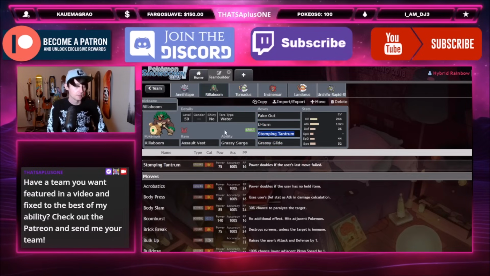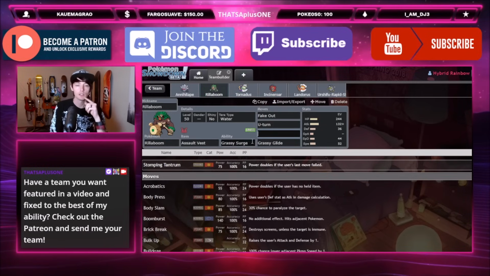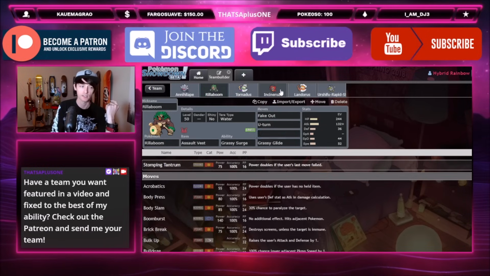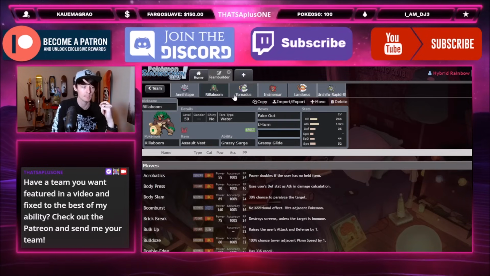Don't need the Stomping Tantrum. I really like the addition of the U-turn here. I think if this was my team, I'd maybe put the Vest on the Incineroar. That's what I would do here. And maybe just take out Parting Shot for U-turn. I like that set a lot. But I think if you want to keep the Rillaboom with the Assault Vest,